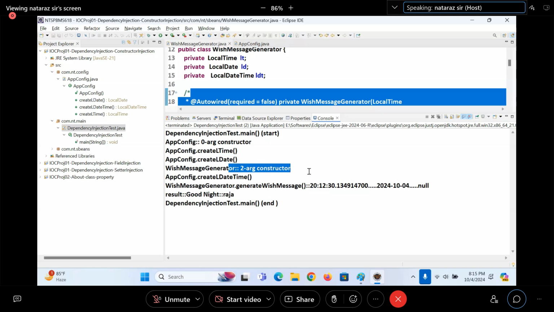Why? Simple logic, boss. It has to keep the dependents ready in the process of creating the target. That means the dependent object should be kept ready before the target is created. So in constructor injection, the order is first dependents, then target. In other injections, first target, then dependent. In other injection, the target will be created, then the dependents will be created. When both are ready, slowly they will be injected, right?